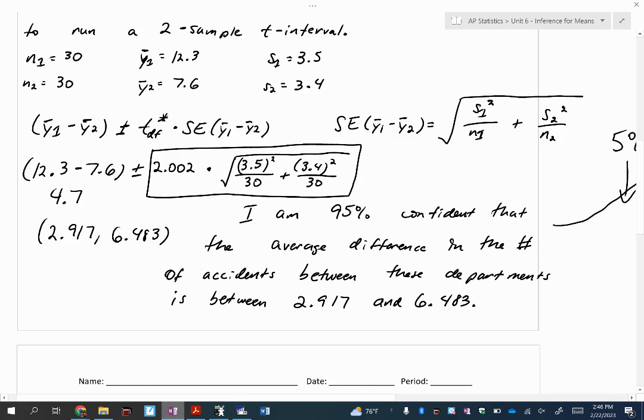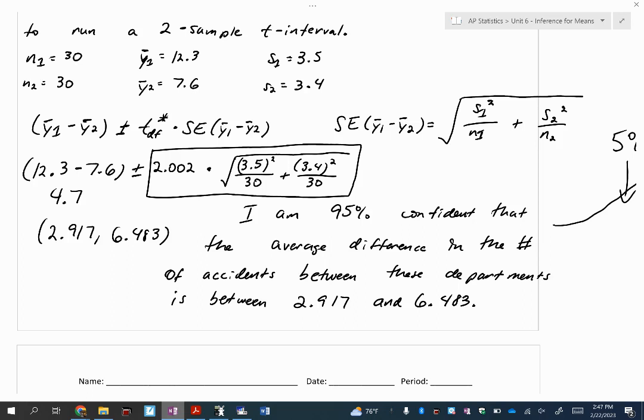Okay. Before we finish up with this problem, oh, that's actually context, between accidents, departments. That's my context. I want to make sure we understand the linkage between what we just did and what we would have found out if we had run a test with these sample statistics. This is guaranteed to be on the AP exam, whether it's with means, proportions, or something you'll see later on in the next few chapters. You will be asked about this question.